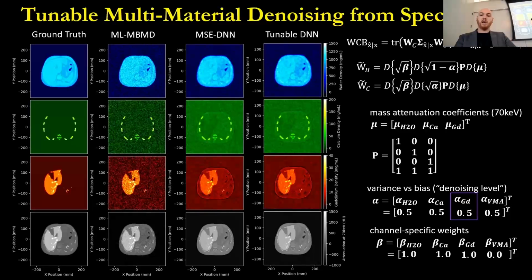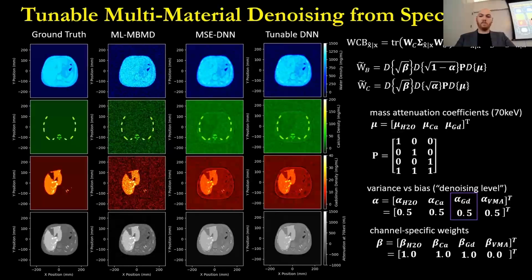So for this case, we have alpha equal to 0.5, which means equal weights on bias and variance. And betas are all equal to 1, which means equal weights on all materials. And the value for beta in the monoenergetic is 0, so we're not explicitly penalizing errors in that image. We're only penalizing errors in the material images. So this setting is mathematically equivalent to mean squared error,